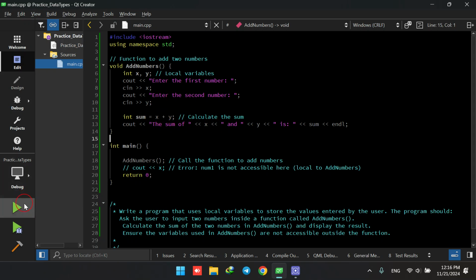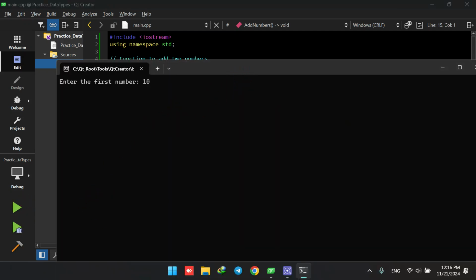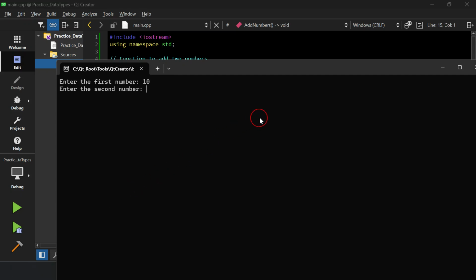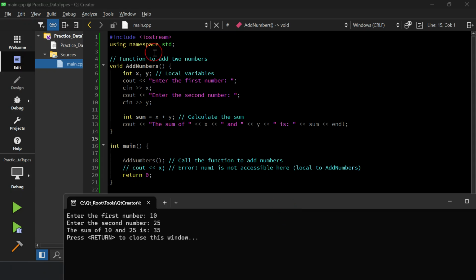So let's see how it works first. It says enter the first number, I would say 10. Enter the second number, I would say 25. So it says that the sum of 10 and 25 is 35. So here it is asking the first number, storing it, second number, storing it,